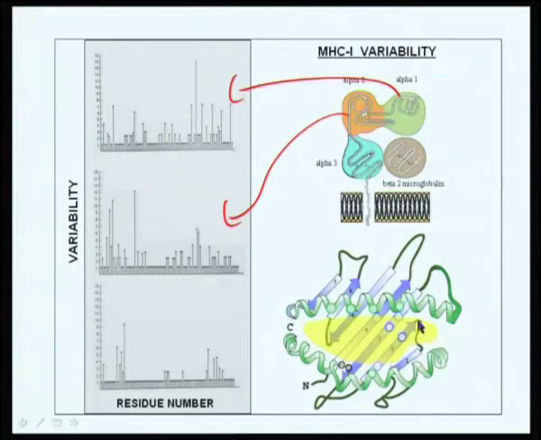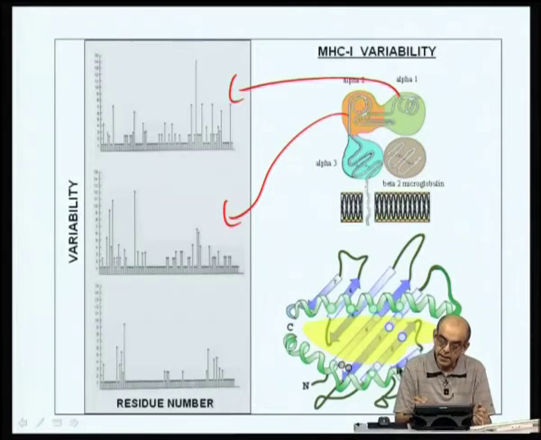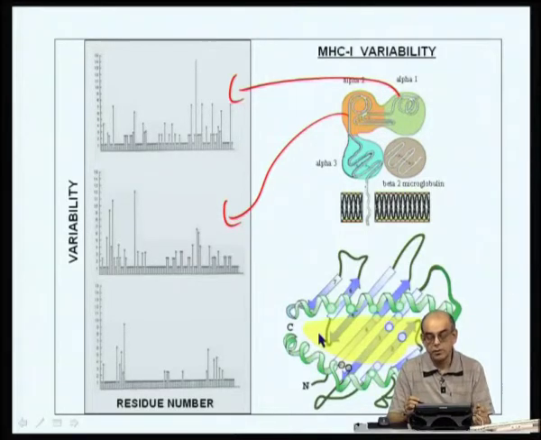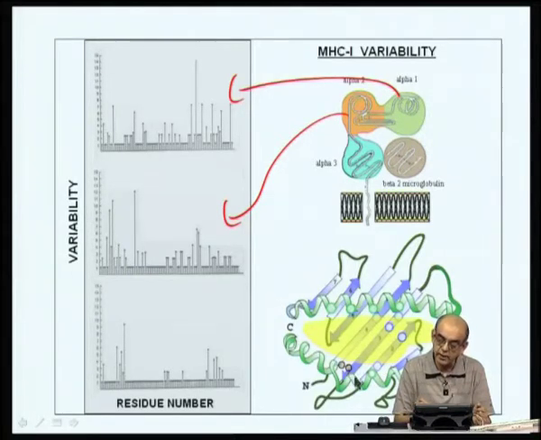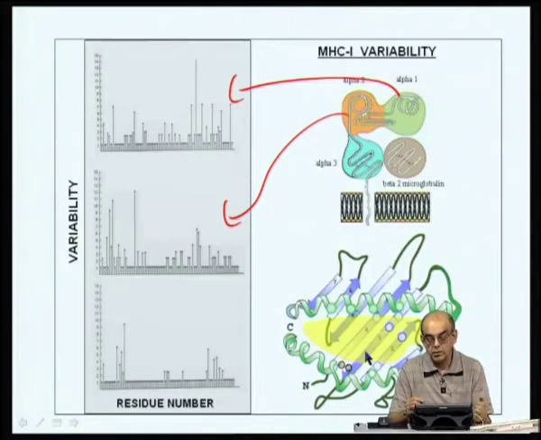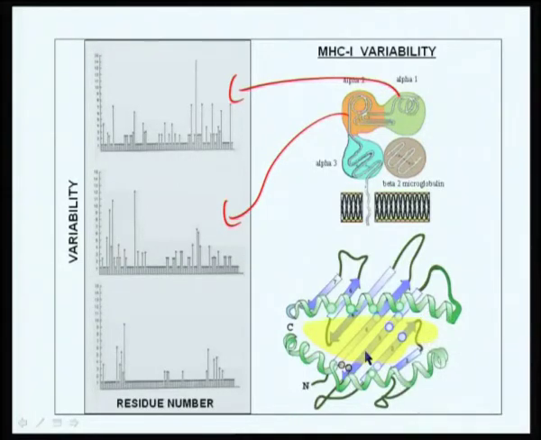So, this shows us how the sides of this molecule are variable as well as the floor, and this yellow background that has been represented over here is the place where the antigenic peptide sits within the groove of the MHC. This groove is called the antigen binding groove or the peptide binding cleft. Now, the side chains of the amino acids are in contact with this beta pleated floor as well as the alpha helix. So, one can imagine that the variable nature of the amino acids in these two alpha helices and the beta pleated floor will also vary with the different alleles of the MHC,